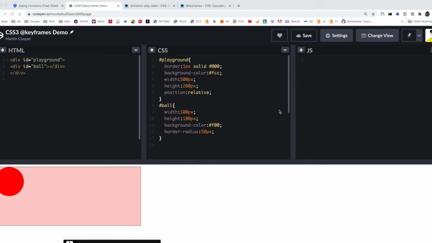Let's take a look at animating with CSS3 at keyframes. So what I've got here is a div of ID playground, which has just got a border, a background colour of pink, and a width and a height, and I've set this to position relative. And then I've got a div of ID ball here, which just draws this ball. The border radius there is making it a circle, otherwise it would be a box. And if I make the border radius half of the width and the height, it gives me a perfect